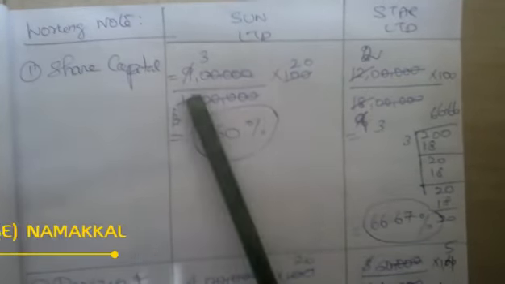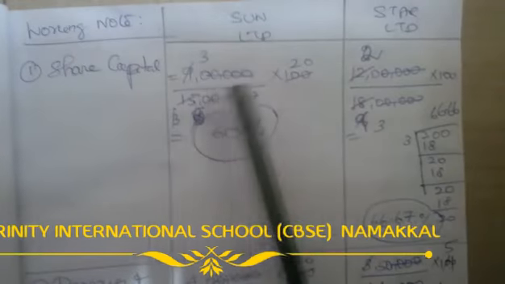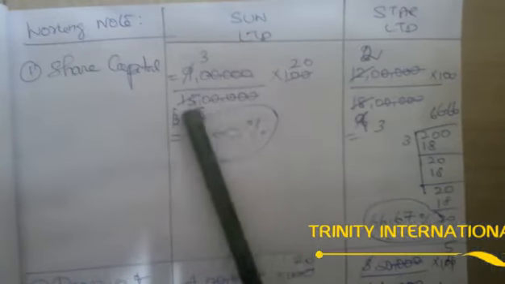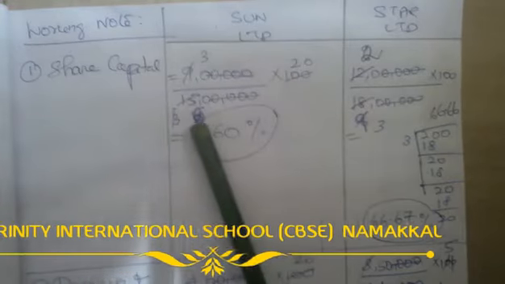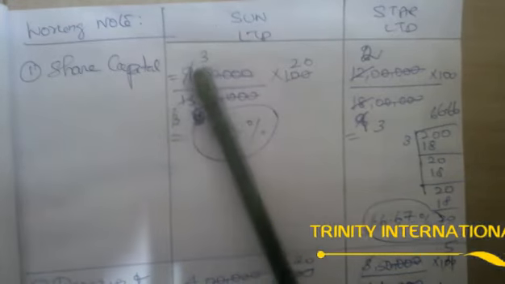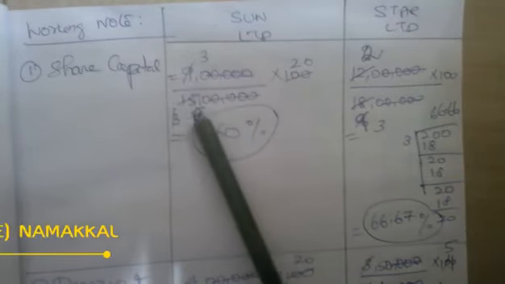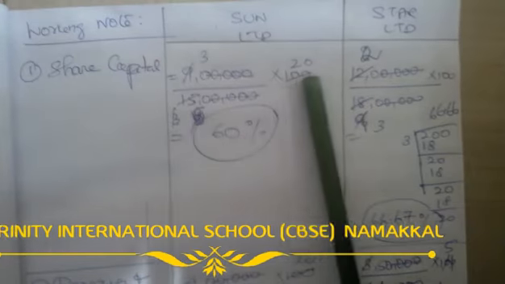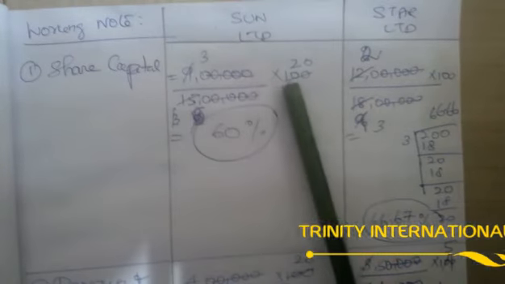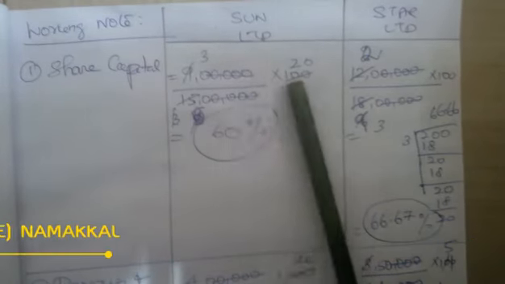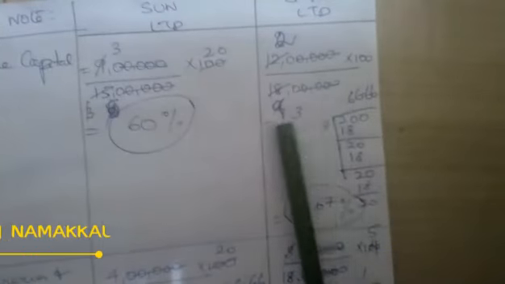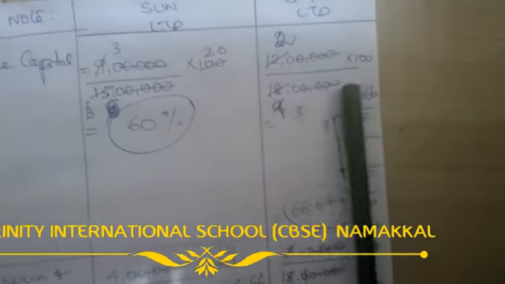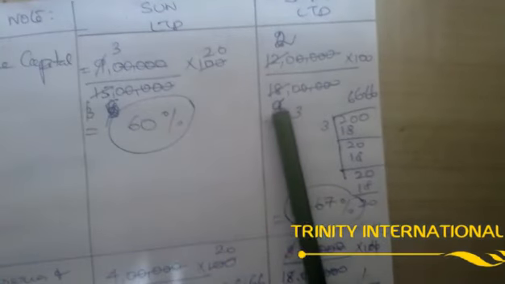Okay, see here. So share capital, everything based upon our assets total. So 9 lakhs divided by 15 lakhs. Okay, here 50, here 50. So I simplified as 3 5s are 15, 3 3s are 9. Then again I simplify, 2 5s are 10, 2 20s are 100 after the zeros. Then I multiply 3 into 20, 60%. Similarly here, again 12 lakhs divided by 18 lakhs into 100. Here also the same, 50 you have to cut, 50 you have to cut. So I make it 2 9s are 18.